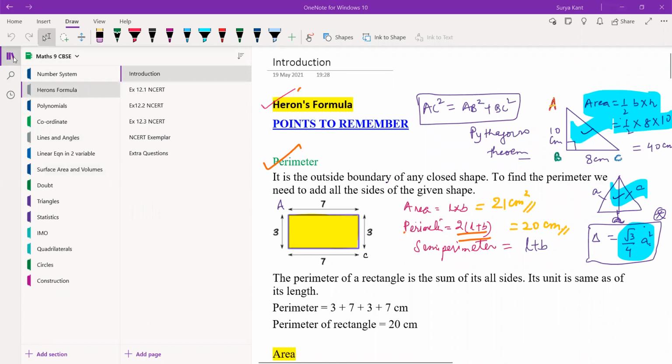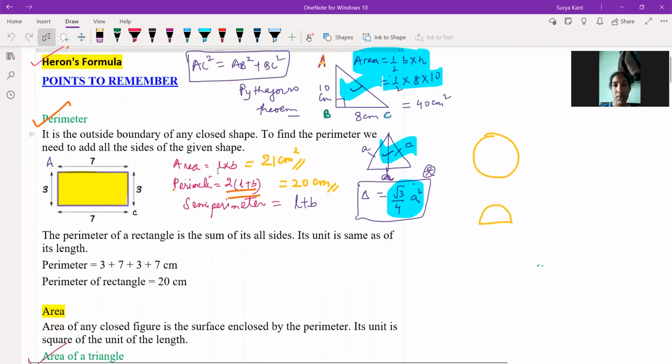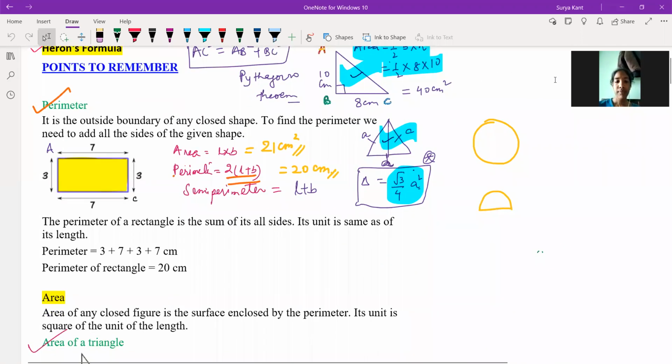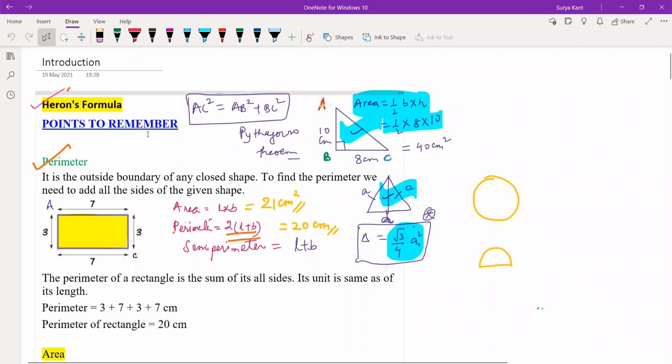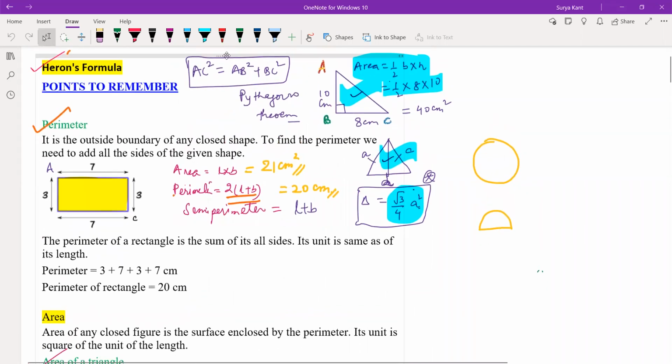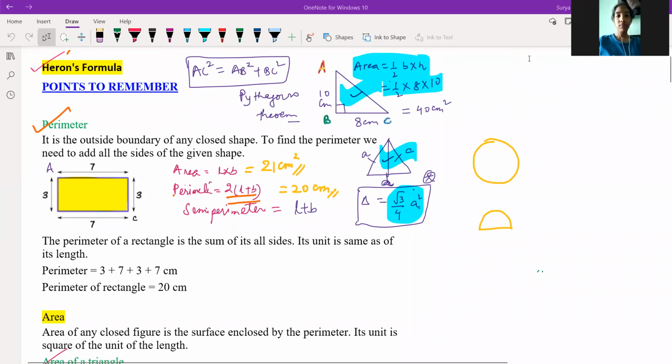Sugandhini, which chapter do you want to understand? Hello. Yes, sir. Sugandhini, on your camera, don't turn it off. Tell me, which chapter do you want to understand? Surface areas and volumes, or which chapter are you lacking behind in? You want to understand the things.